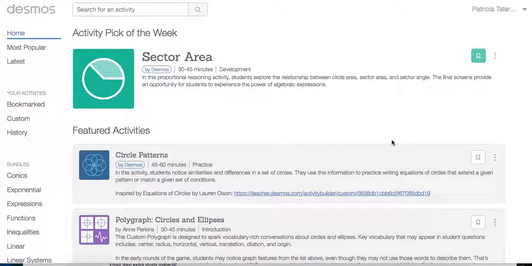Hi everyone, here is a short video showing you how to create a Desmos polygraph using pictures imported as the suspects rather than creating graphs. So to create your polygraph, once you're signed into Desmos, go to Custom, and when I say Desmos I mean